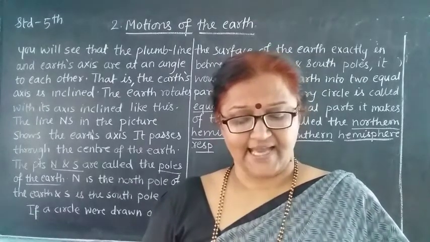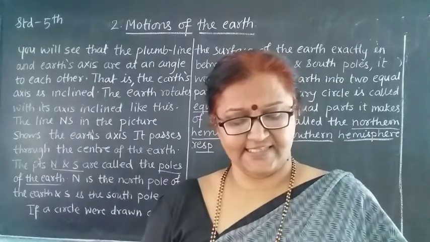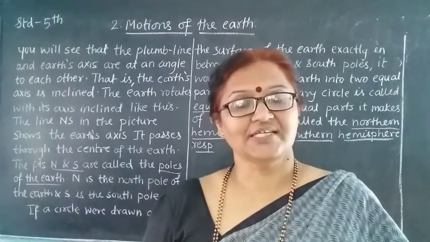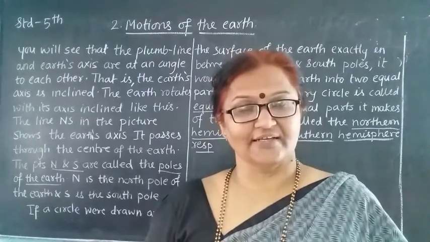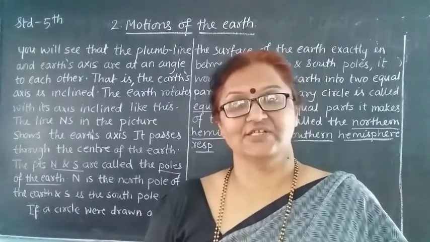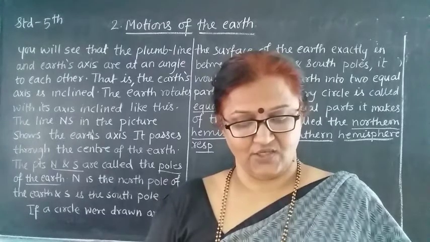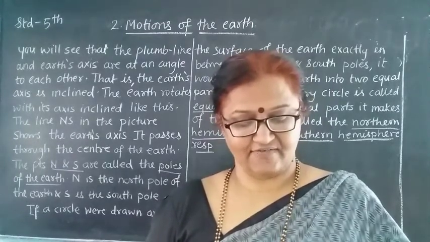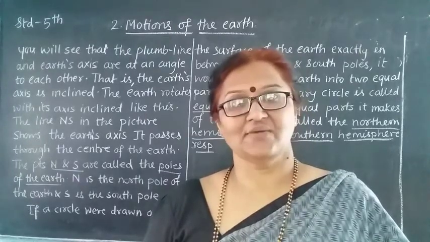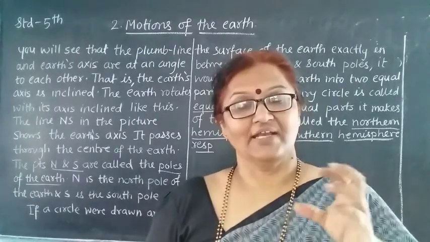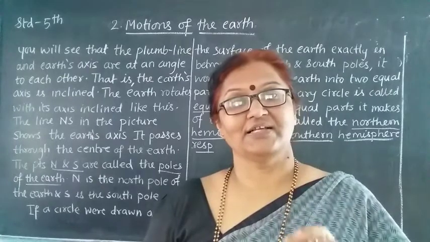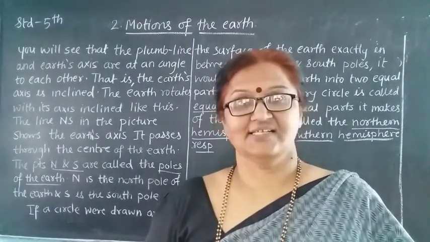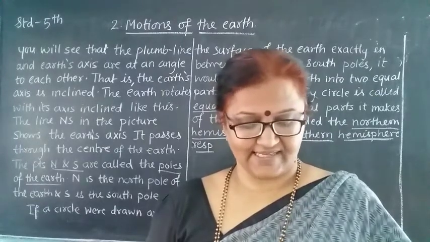Then see, as the earth rotates, its different parts come into light. Whenever you see the earth rotating, there are some parts which come into the light of the sun, one after the other, and turn away also in the same order. What happens? One after another, one part will come into the light. See the next one, sunset and sunrise.